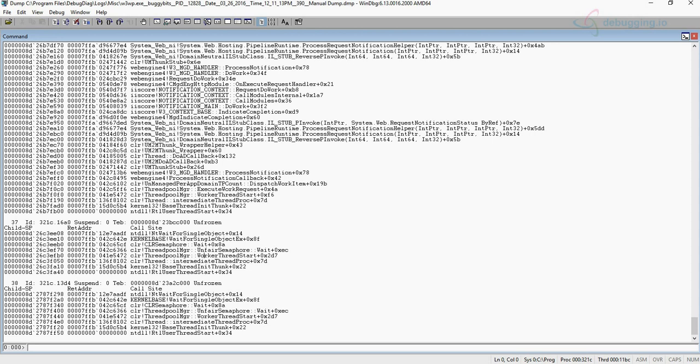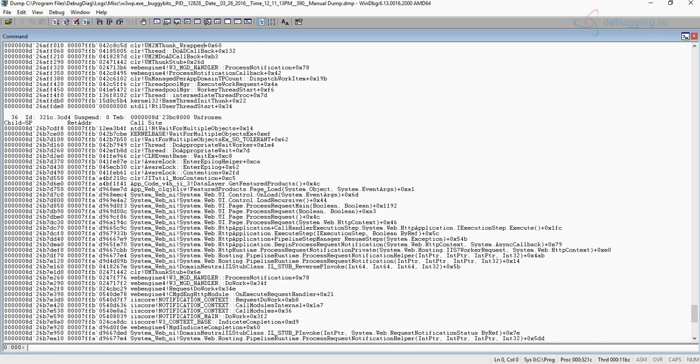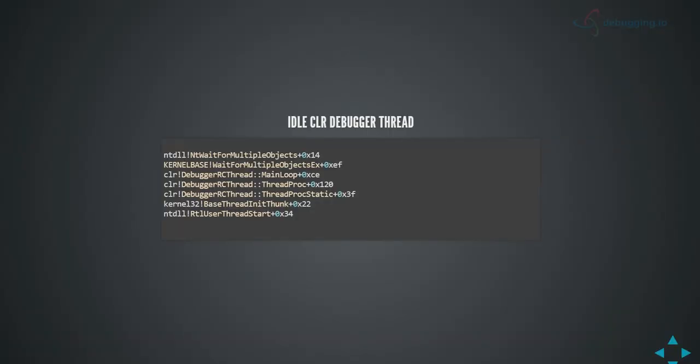So this is a 4.0. I'm going to show you the 4.01. More or less the same, just that the idle threads and the call stack would be different. So in this one, if you ignore all the idle threads which we have mentioned in this guy, so we